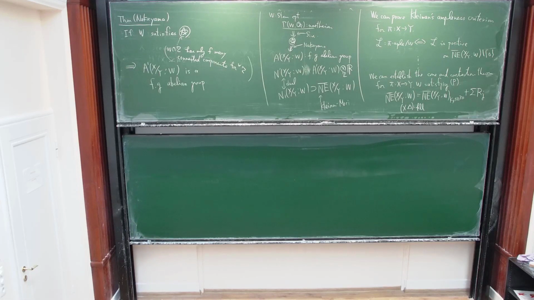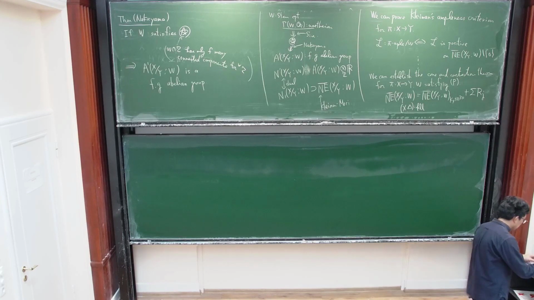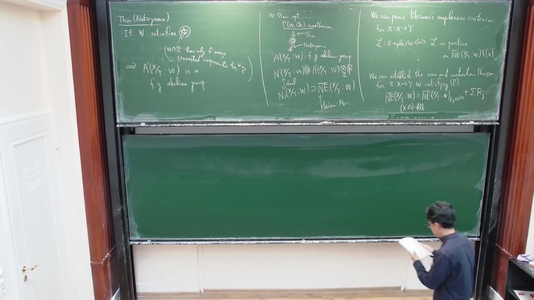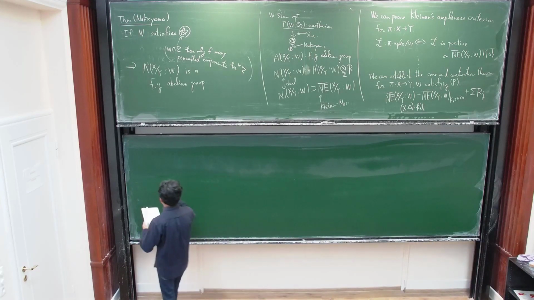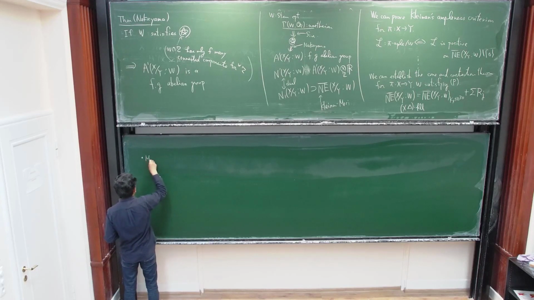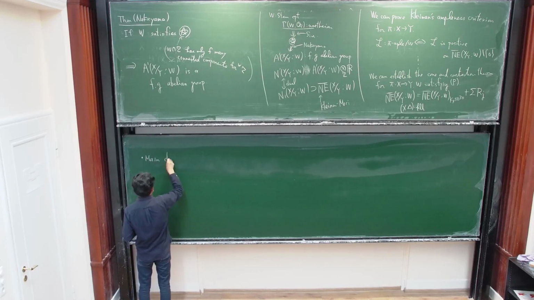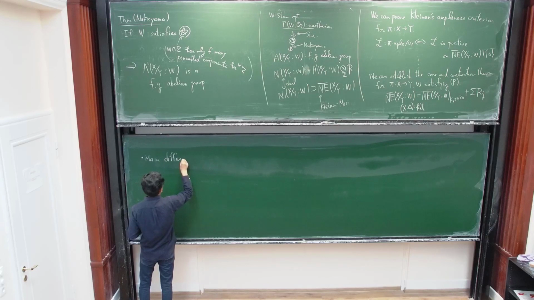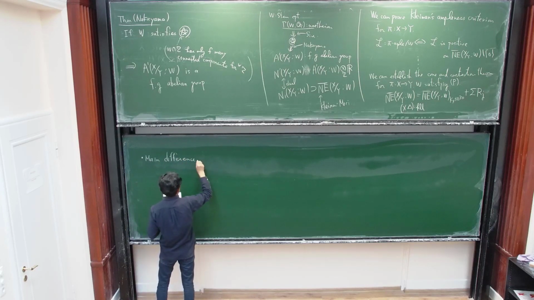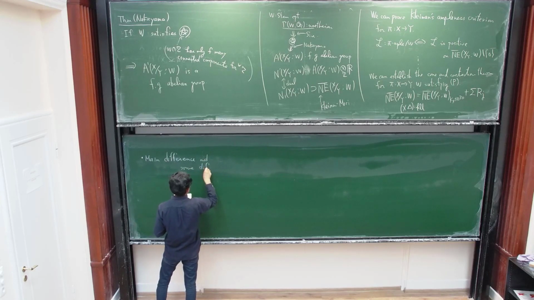Okay. So maybe the same question is: where is the difference from the classical case in these settings for running the minimal model program? Okay, the main difference, and some difficulty, is